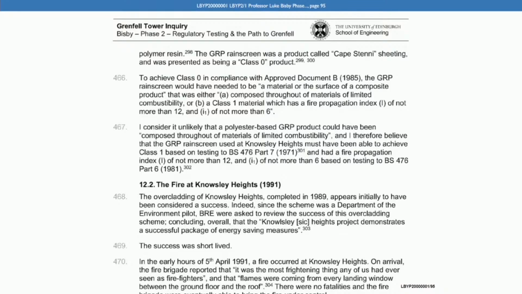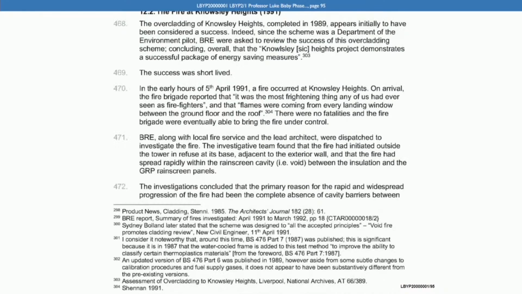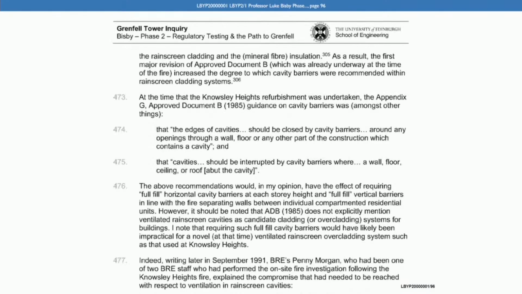And at your report at page 95 at paragraph 472, foot of the page, you say this: the investigations concluded that the primary reason for the rapid and widespread progression of the fire had been the complete absence of cavity barriers between the rain screen cladding and the mineral fibre insulation. As a result, the first major revision of approved document B, which was already underway at the time of the fire, increased the degree to which cavity barriers were recommended within rain screen cladding systems. Now, if you go then to page 98 and paragraph 486,